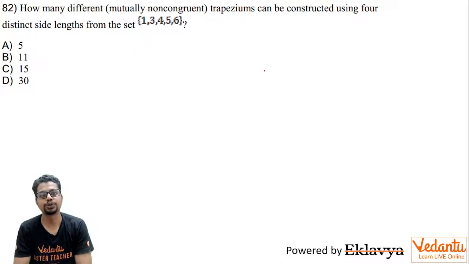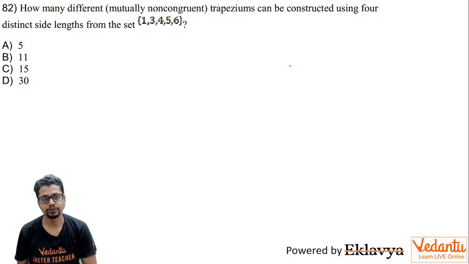Hi everyone, the question is how many different mutually non-congruent trapeziums can be constructed using four distinct side lengths from the set 1, 3, 4, 5, 6. We have to choose one of these four options which is correct. So here let's consider a trapezium